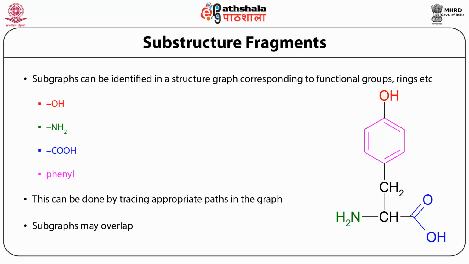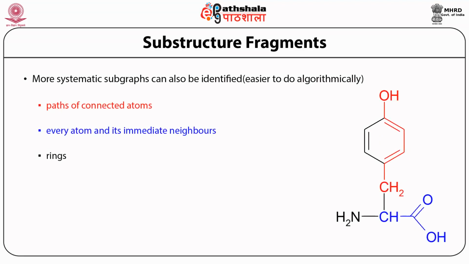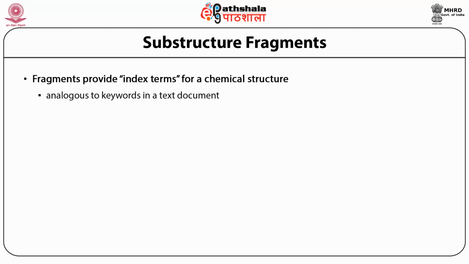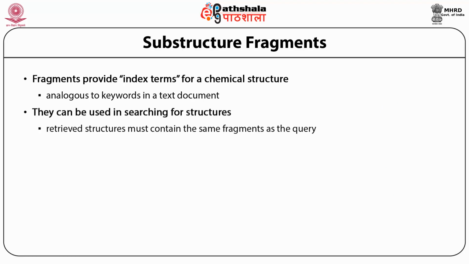Here is the example as I showed. Can we have substructure fragments which are connected? Yes. You can do systematic subgraphs, shown in this color. The red color is a systematic subgraph which contains 2 of the features together, or the immediate neighborhood, which the blue shows. So it can have that kind of overlap. All these substructure fragments can be indexed, and all can be searched in a huge database.